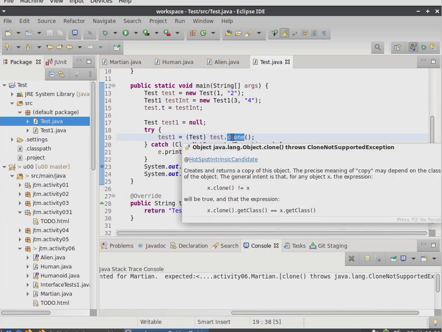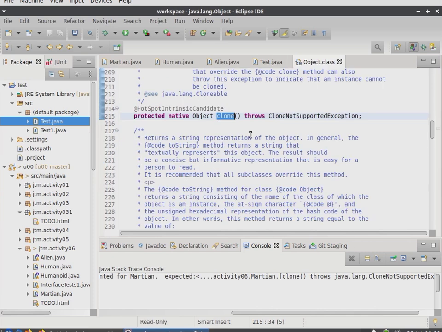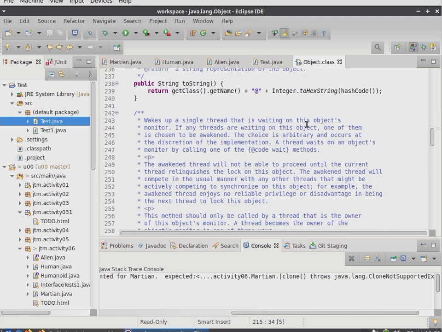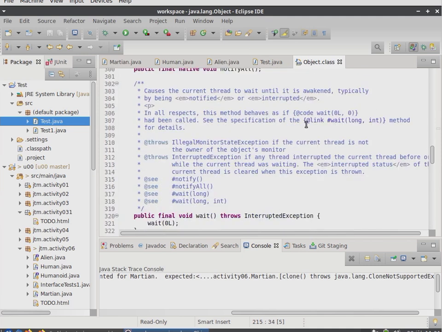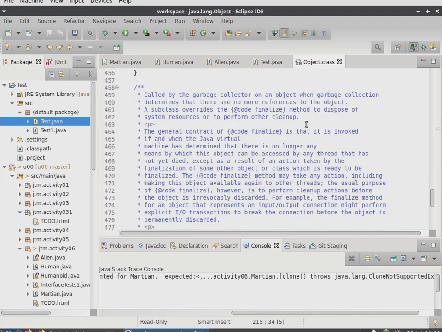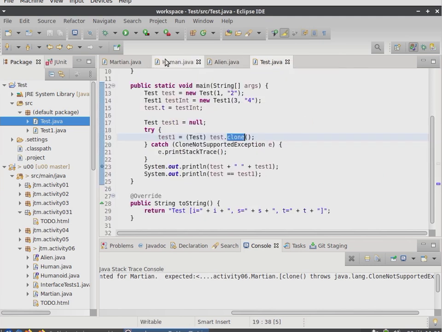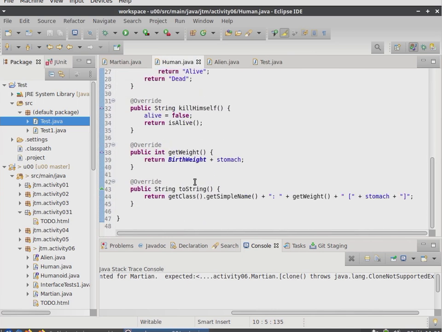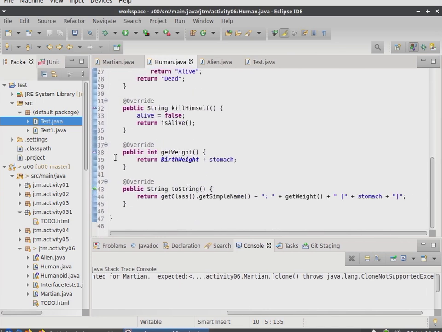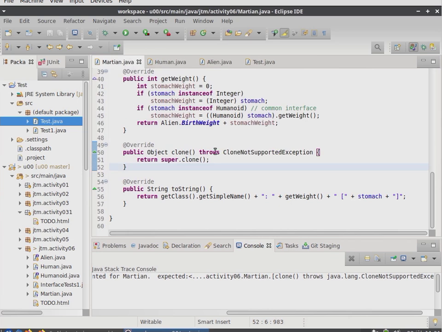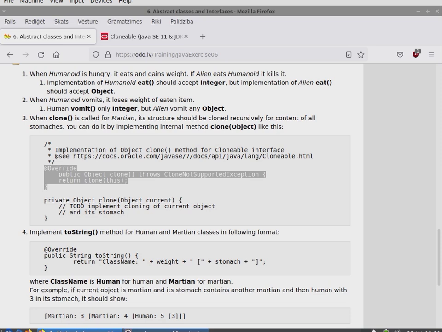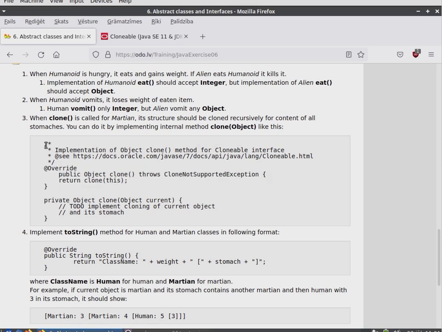Test clone, and here it just throws CloneNotSupportedException. If you resolve this puzzle, tell it to me, but I know how to resolve this puzzle in the old school approach. In the old school approach, when you implement this interface,